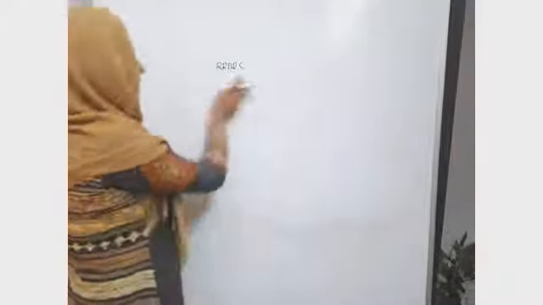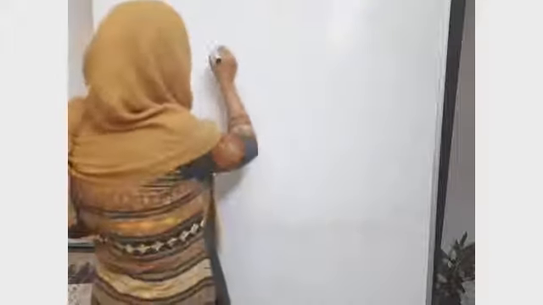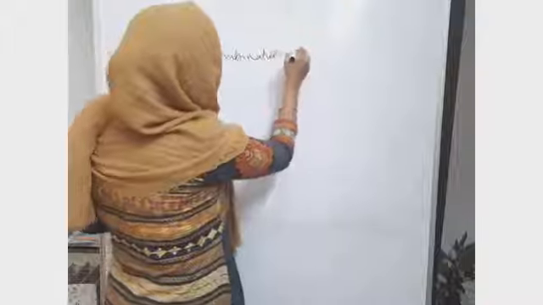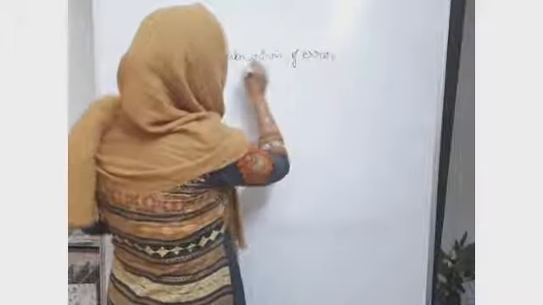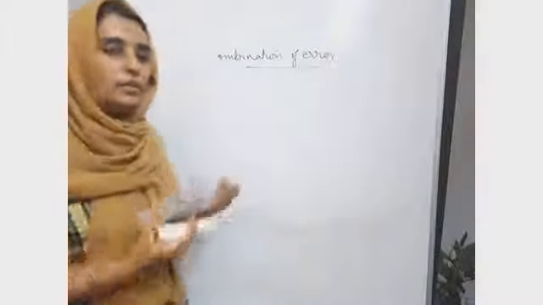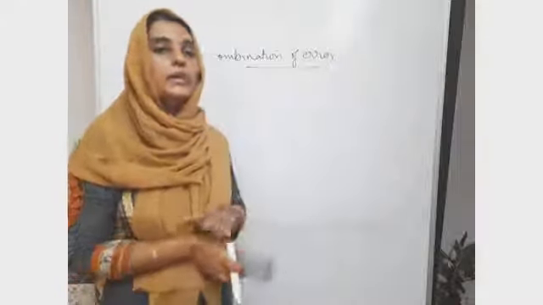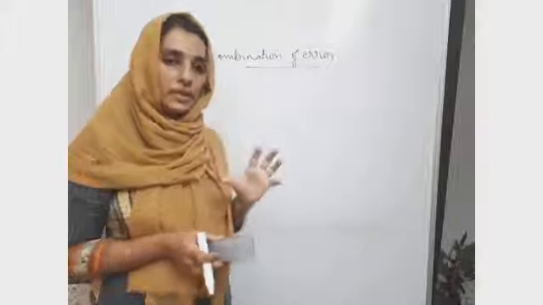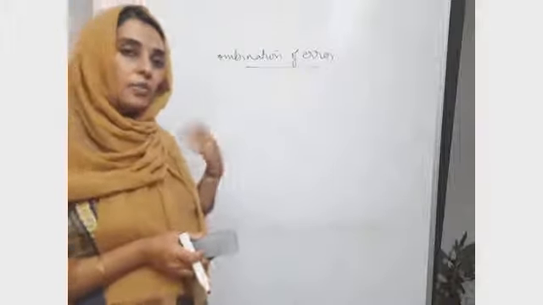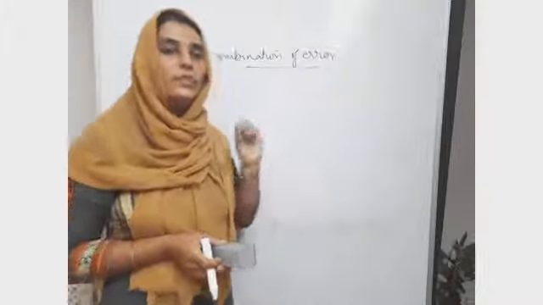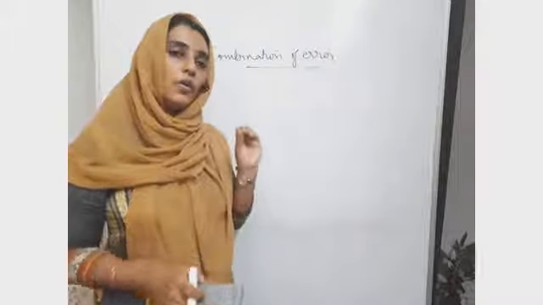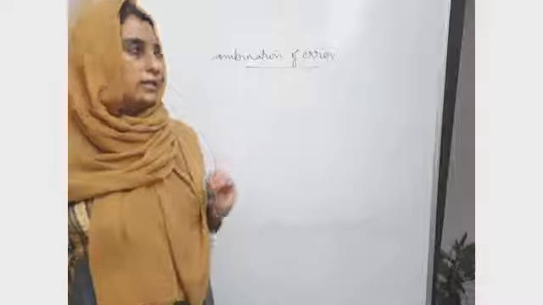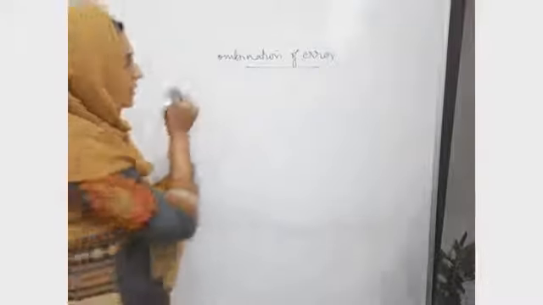Next is combination of errors. That is, we know the error in a particular physical quantity, but we don't know how it will appear in a formula or in a physical equation. Suppose you have an equation and we have more than one physical quantity involved in that equation. Then what will be the final error in the formula, in the result? So how can we show that?